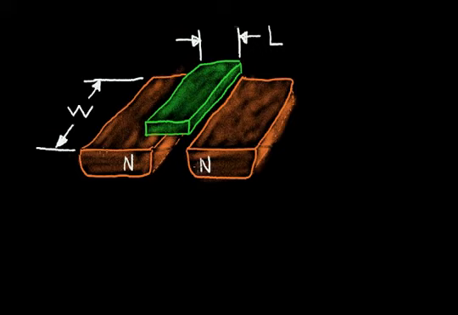Now let's suppose that I want to ground the source region of my MOSFET, and to the drain I want to attach a capacitor with the bottom plate at ground, and let's say that this capacitor is charged up, and I want to raise the gate voltage, turn on this